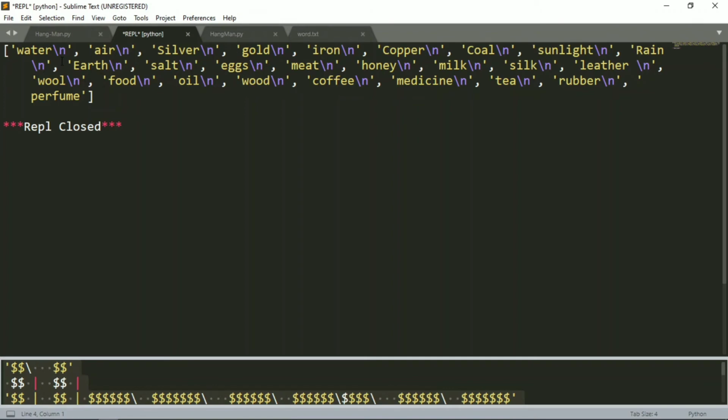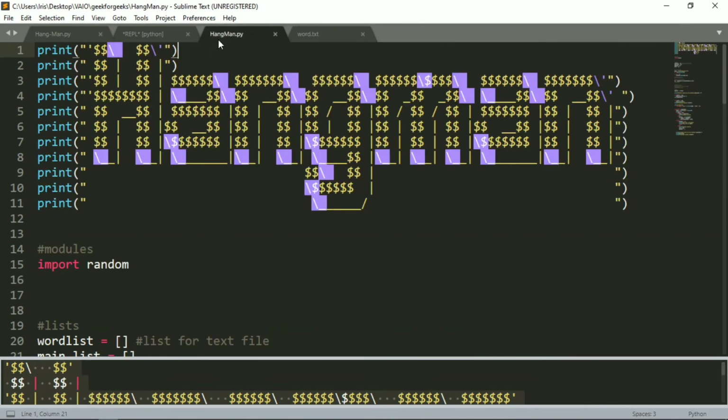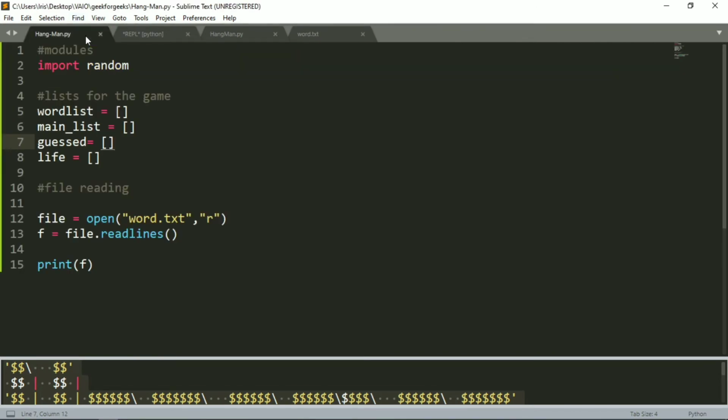And the \n is coming since the words are present one line below the other. So \n simply means in Python you are continuing the same word in the next line, simple as that. Okay, so we will have to remove that, do not worry, I will be explaining that in the further part of the video. Okay, so now for the timing, let me just comment this line, because we do not need to print the possible words, because that would be meaningless.